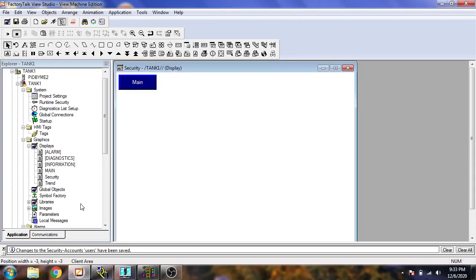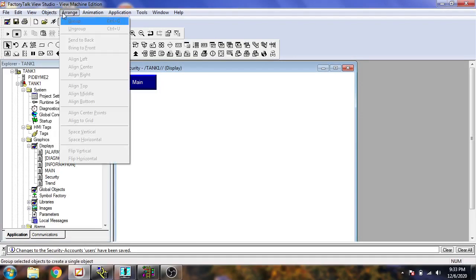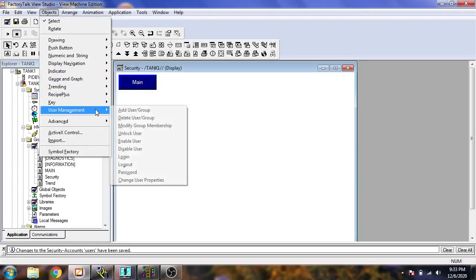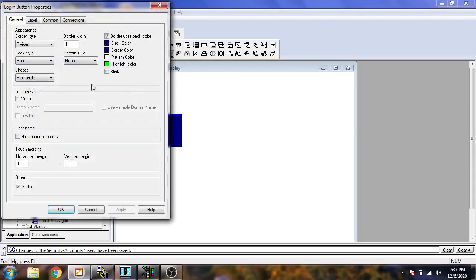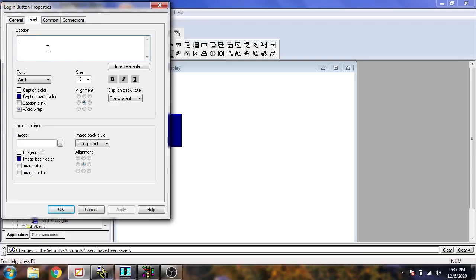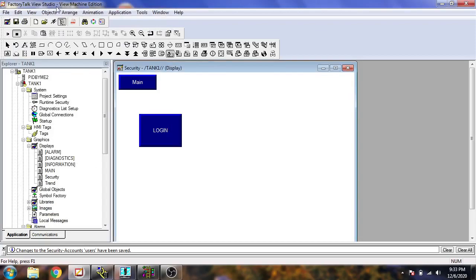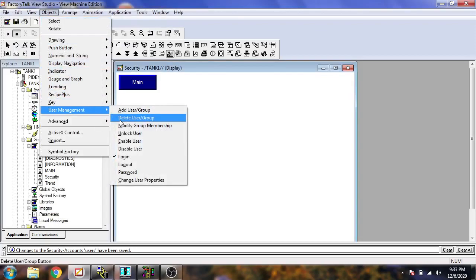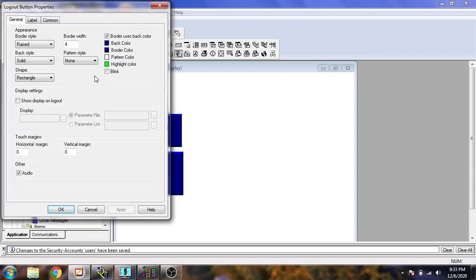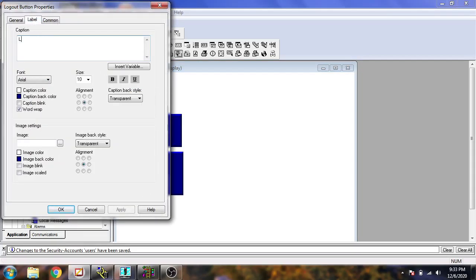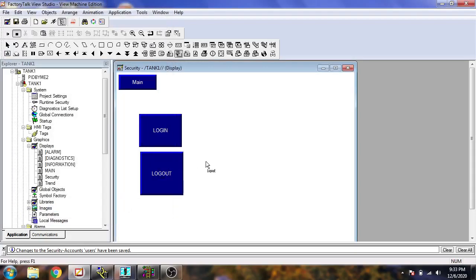Now I open my security screen and I'm going to select that and go to user management and select my login button there, and I'm going to name it login. Apply that and okay. I'm going to select another user button and I'm going to name it logout. Now I'm going to name it logout, and I need another one which we use for our